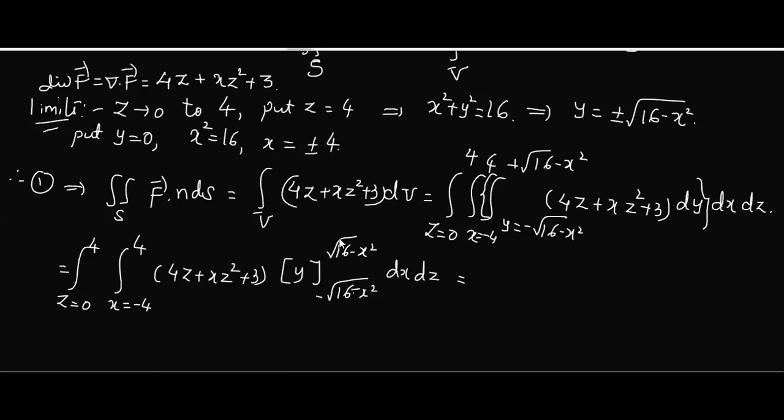If I substitute upper minus lower limit, is it going to be 0 or will it be added up? Added up. So this becomes 2 times this quantity, so I'll keep my 2 out. I'll write it like this: z is varying from 0 to 4, x varying from minus 4 to 4, then I'll keep this bracket as it is, and then I'll write root of 16 minus x squared. Hope clear.